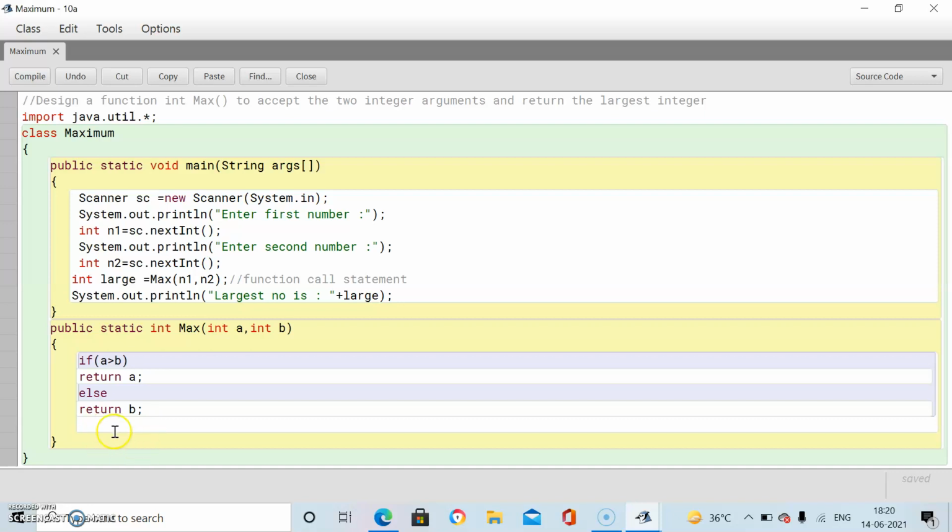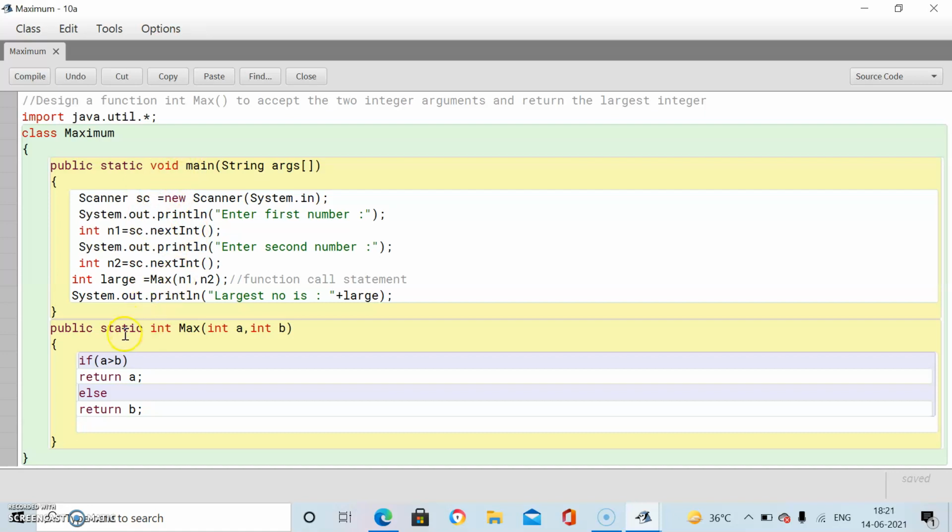And in this function, there is a return statement. I told you void is written in case of no return type. The main function is not returning any value. How do we come to know? There is no return statement. How can we recognize a return statement? We use the return keyword to return a value. There is no return statement in main, so no return value. That's why we have written void.